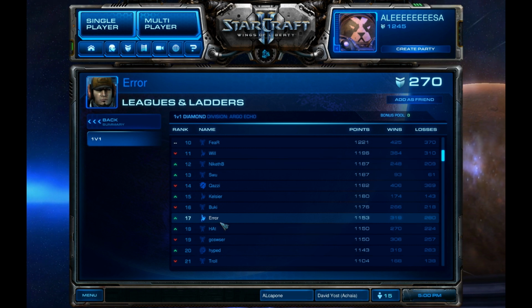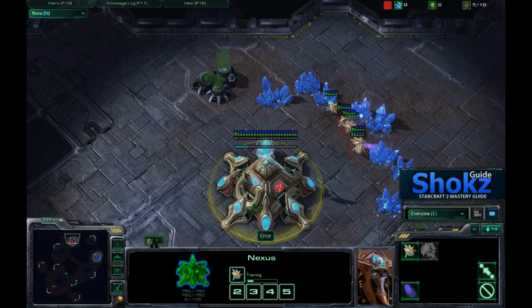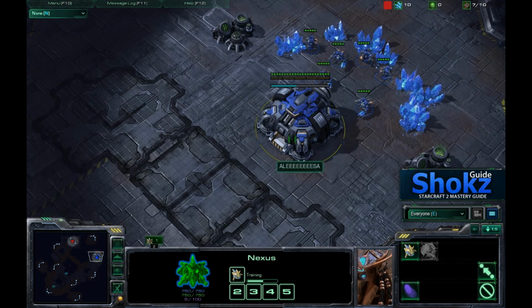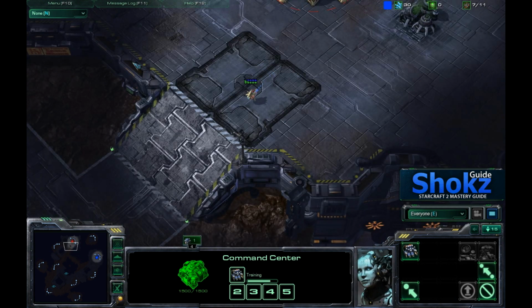My opponent will be Air. He has 1,153 points, 319 wins, and 280 losses. The map is Scrap Station. Air will be spawning as the red Protoss in the top side. I will be playing as the blue Terran in the bottom side, and right off the bat, Air is going